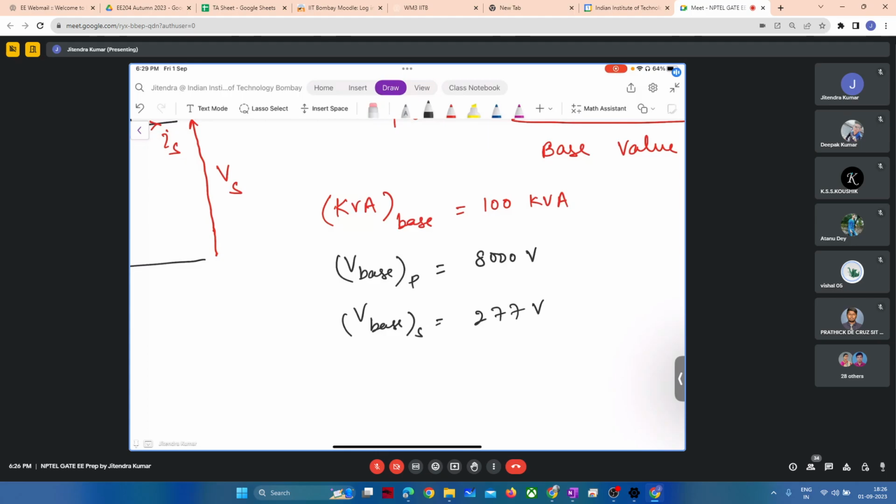Okay, so the base value of the voltage you have to decide